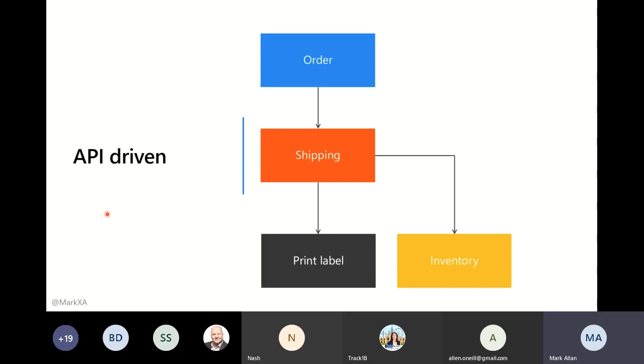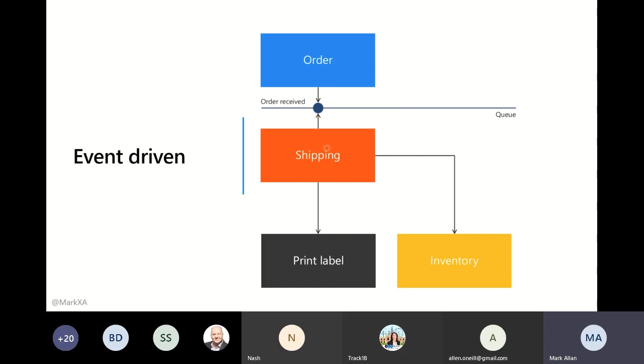And if anybody was in the session that Duncan did on track 3 earlier, we'll all know that ideally, where possible, you should be making your services talk to each other in an event-driven manner. So rather than when your order comes in, waiting for all the rest of the things, you just fire into a queue somewhere a message that says, okay, here's the order, here's all the information about that order. That order is now done, and then any service that is interested in doing something when an order is placed can then go off to that queue and pull that information.